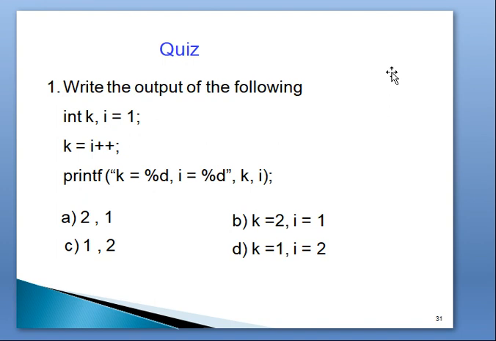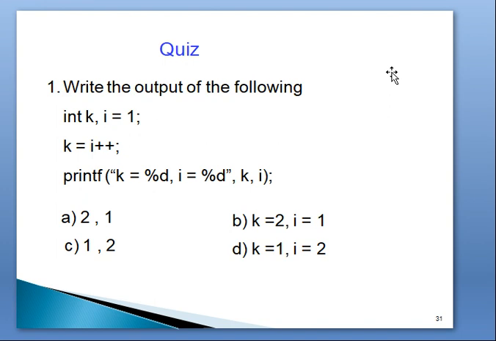Whenever the compiler reads this instruction, with post-increment the value is incremented after the evaluation. Now i value is 1, that is assigned to k.